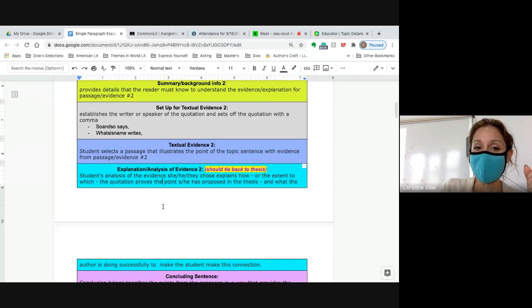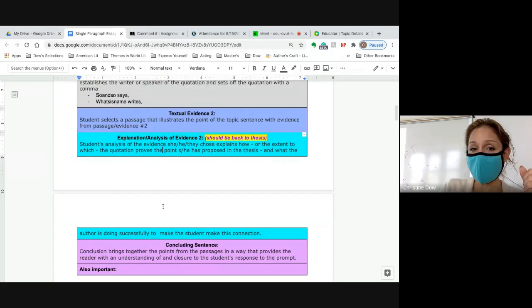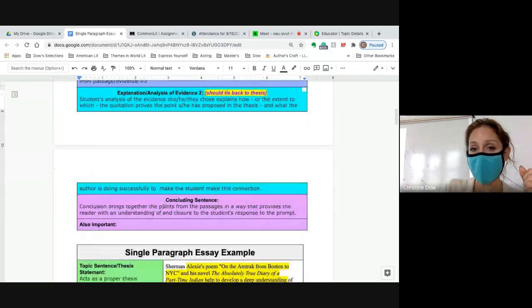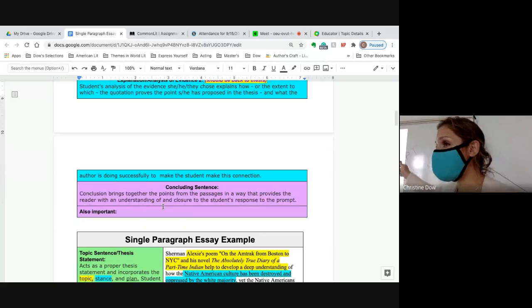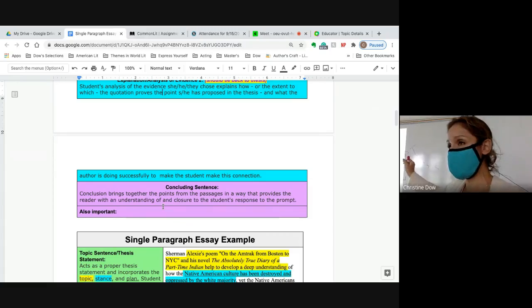Okay, and then after we explain our evidence and we tie it back to our thesis statement because we're being APT, we go to our concluding sentence. A lot of the time I see this when we're finishing our body paragraph, we're like, oh, I explained that second piece of evidence, I'm done. No, the concluding sentence is like the glue that holds everything together. It's the Mod Podge that holds all the puzzle pieces in place so you can hang it on the wall. It shows how the big picture should be looked at.